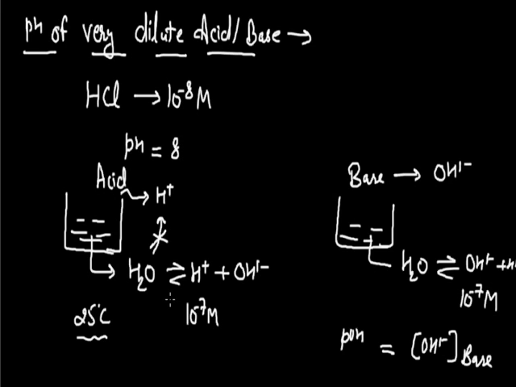But in the case where we take a high amount of water, or if we talk about a very dilute solution where the amount of water is so much, in that condition this concentration increases due to the high number of water molecules. If we are to calculate the pH of that solution, then along with the concentration of hydronium ion provided by the acid, we also include the hydronium ions which are provided by the molecules of water.